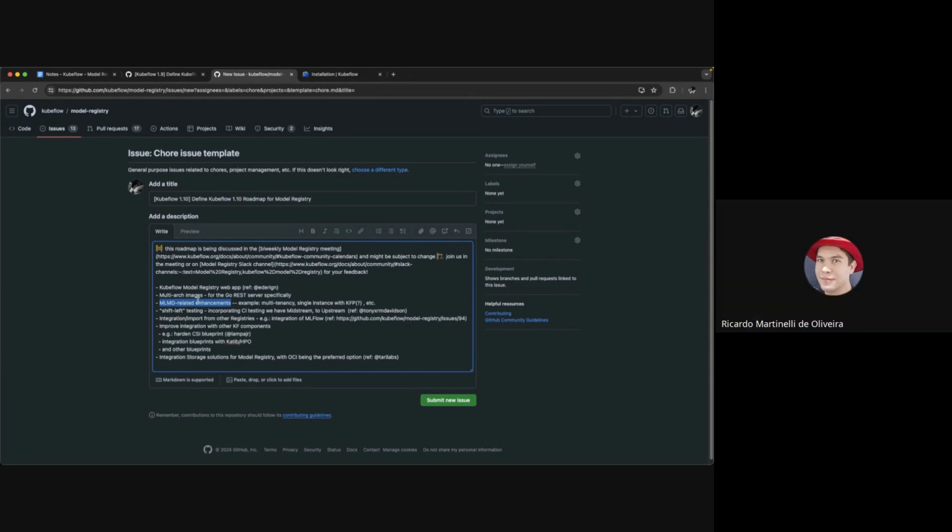It does, and that's one other thing I'd like to suggest. Maybe you should not be so specific in your issue to say this is our roadmap for 1.10. Maybe you could say this is the roadmap for future releases, and when the release planning for 1.10 starts, we can create another one with the items that will be included in 1.10.